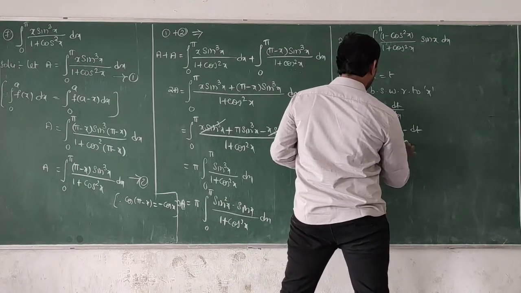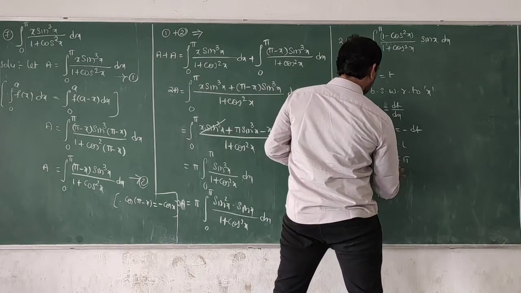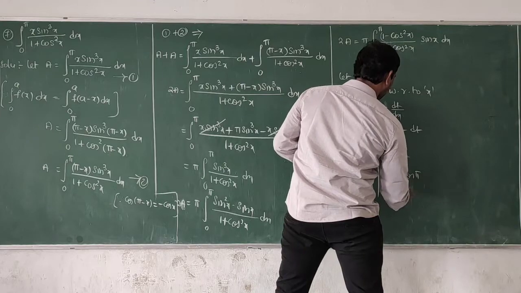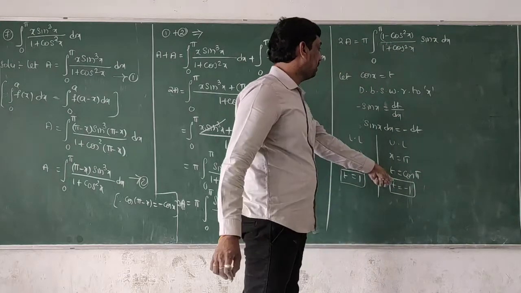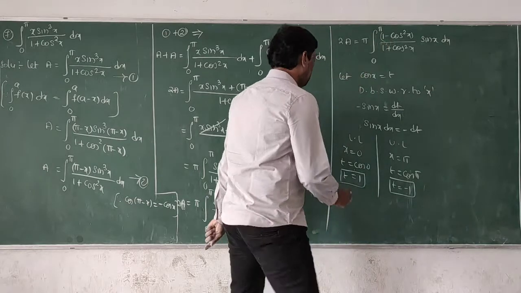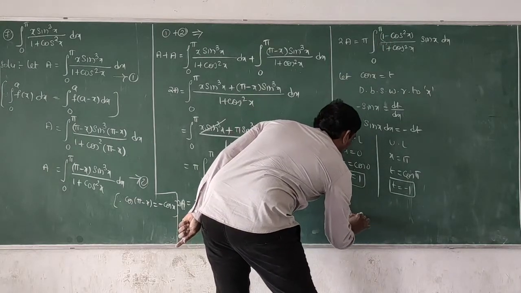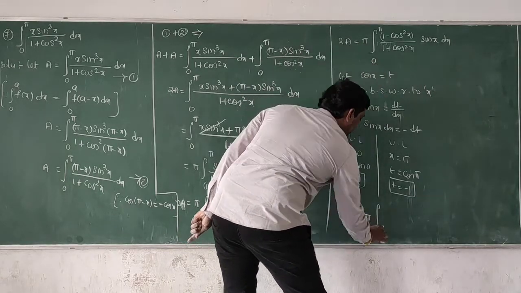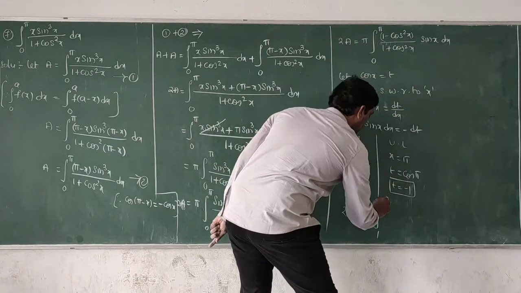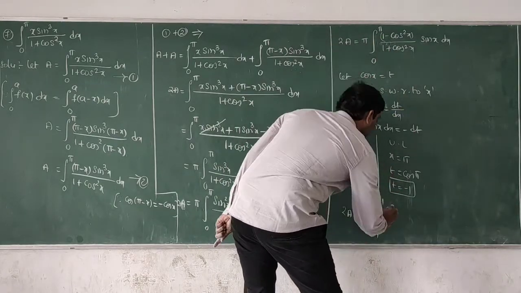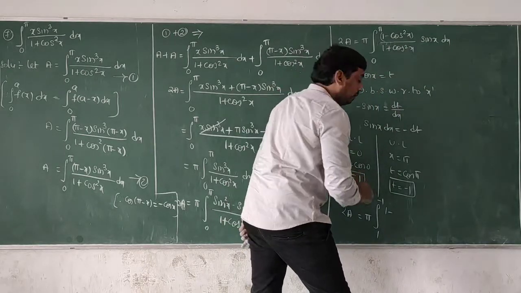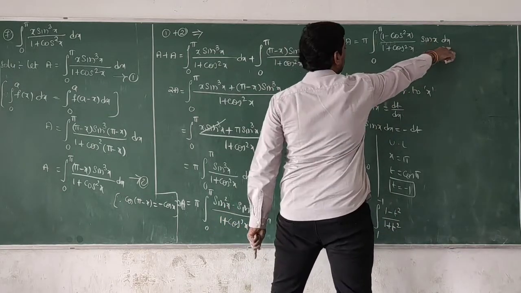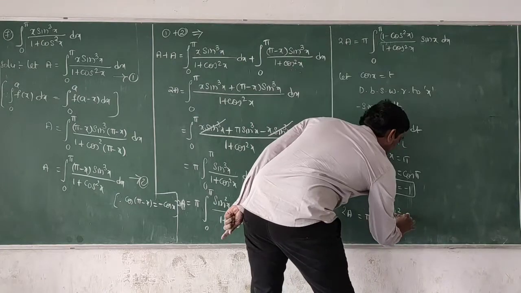Next, the upper limit: x equal to pi, so p equal to cos x, and cos pi value is minus 1. Substitute these limits and also our assumption in this equation. 2a equal to pi into integration 0, lower limit becomes 1, upper limit pi becomes minus 1, so from 1 to minus 1, minus cos x equal to t, now (1 minus t square) by (1 plus t square) into sin x dx. Sin x dx value is minus dt.